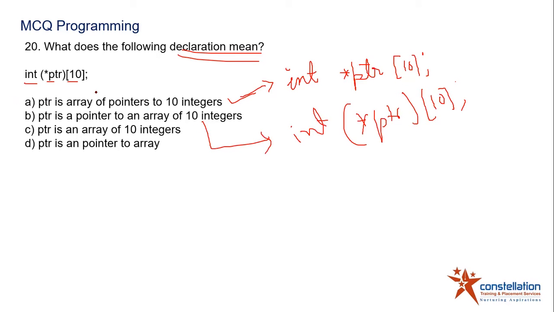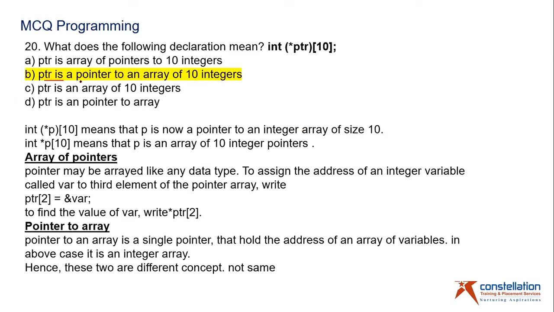Okay, so instead of array of pointer, it becomes a pointer to an array. Instead of an array of pointers, which you were thinking of, this is now a pointer to an array, which are two different concepts. Okay, so look at this. ptr is a pointer to an array of 10 integers. This is the right option, B. And now you look at this. Bracket means P is now a pointer to an array, whereas asterisk P[10] means P is an array of 10 integer pointers. Okay, this is the difference.